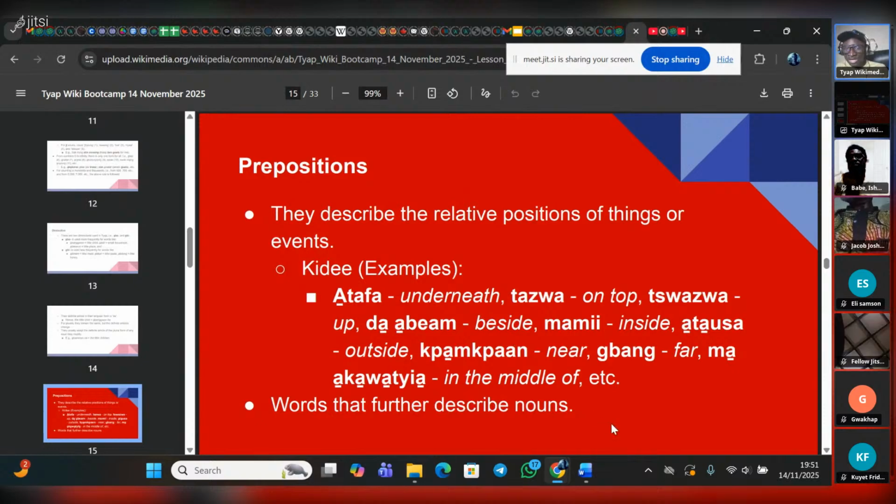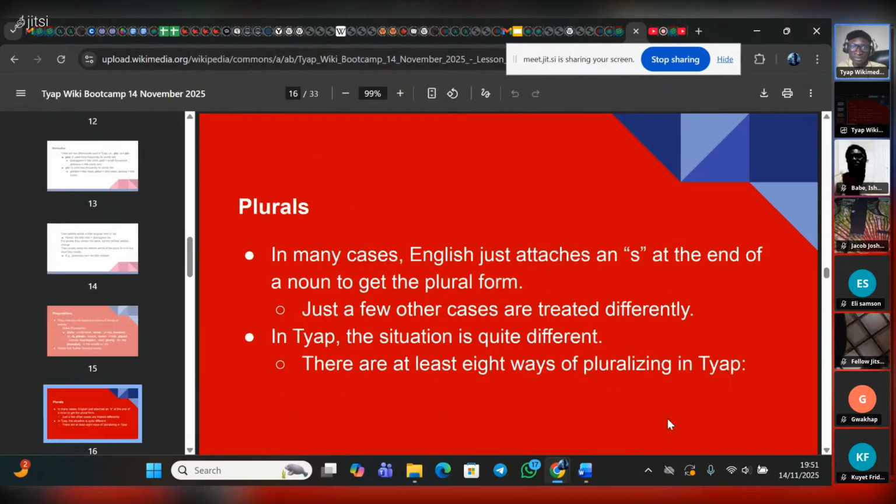So prepositions are also words that further describe nouns. They give more description to that very noun as regards its position. So we are kind of pausing for parts of speech, and then we are now looking at the plural forms